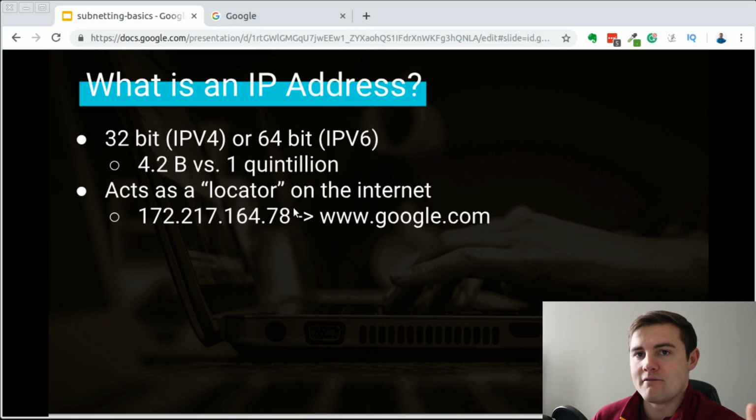The reason that we have these is because we're actually pushing up against the limit of 4.2 billion different combinations for a 32-bit IPv4 address. 64-bit addresses would be IPv6, and there's about 1 quintillion different combinations there,